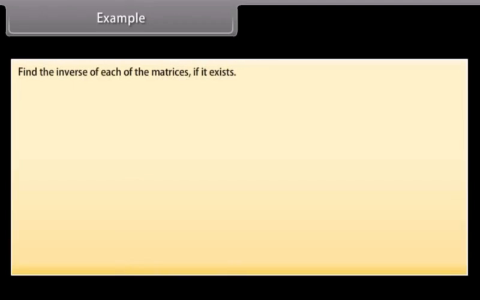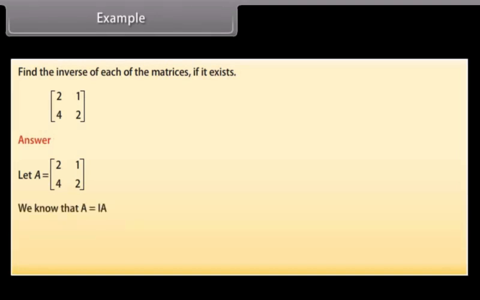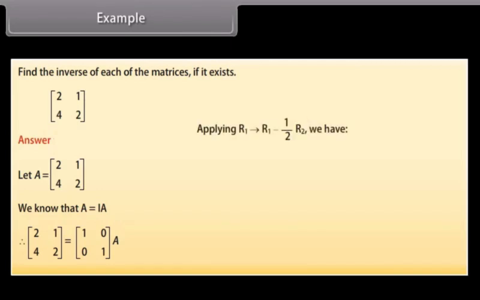Example. Find the inverse of the given matrix. Row-wise, first row 2, 1, second row 4, 2. Let the given matrix be A. We know that A can also be written as AI. Therefore, row-wise first row 2, 1, second row 4, 2 is equal to row-wise first row 1, 0, second row 0, 1 into A. Applying R1 changes to R1 minus 1 by 2 of R2,